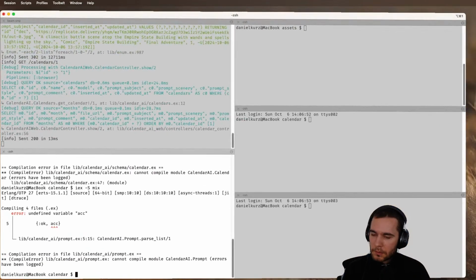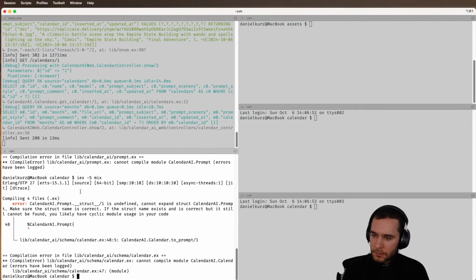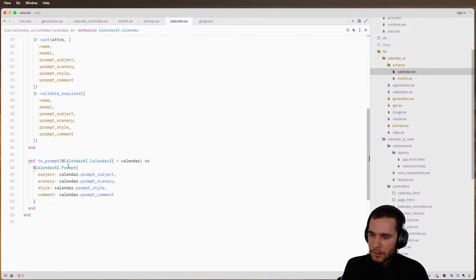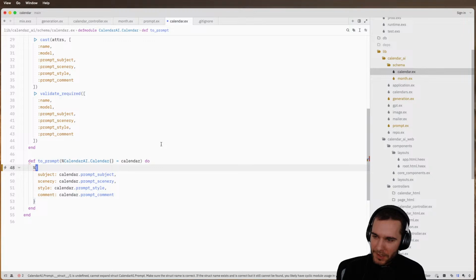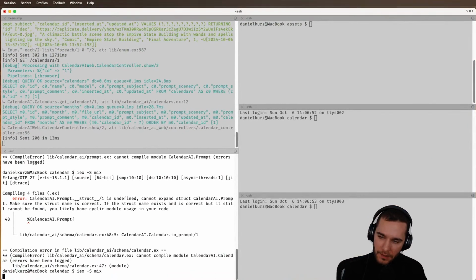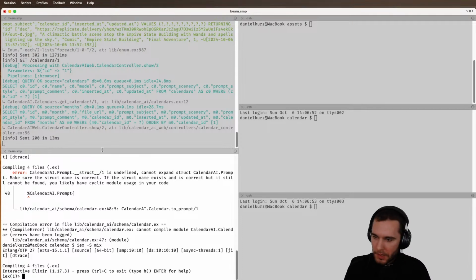Yeah. Schema, calendar. It's very TypeScript-like. We're actually able to fail our way through here. Okay, so if I go calendar AI.prompt,